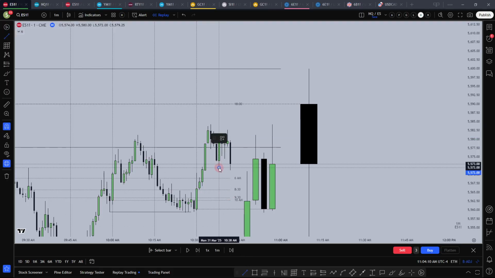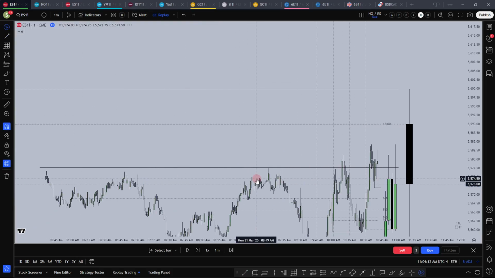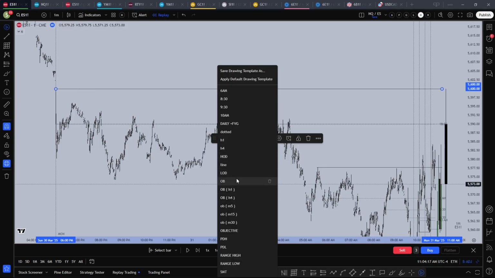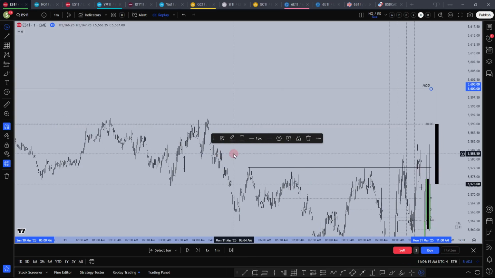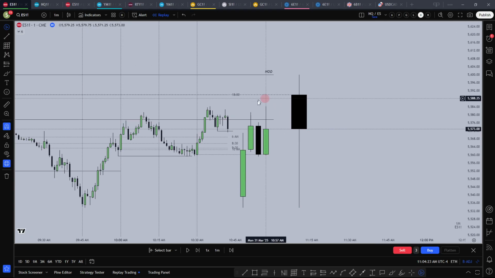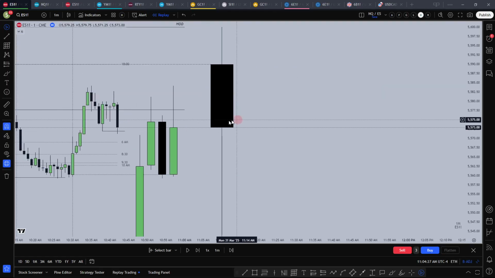Okay, nice. I could frame an entry in ES to the high of the day. The daily wick being large, so framing towards the current high of the day or the opening price of the daily candle.